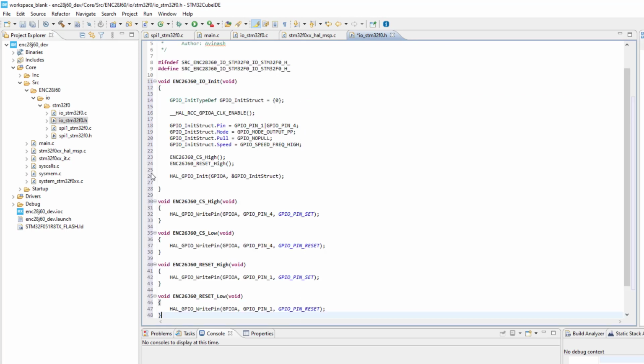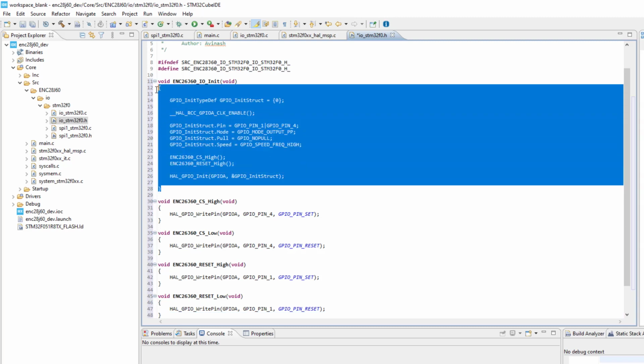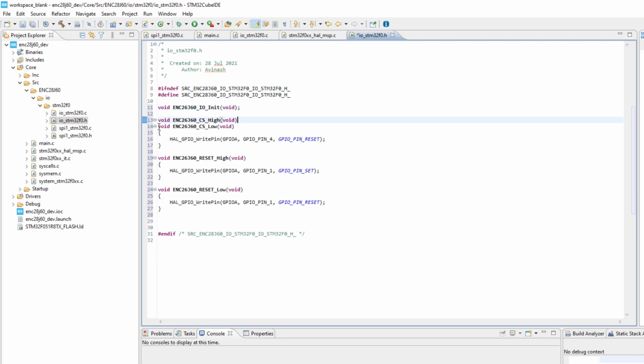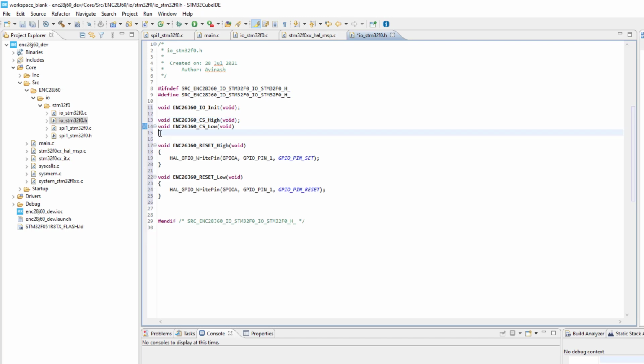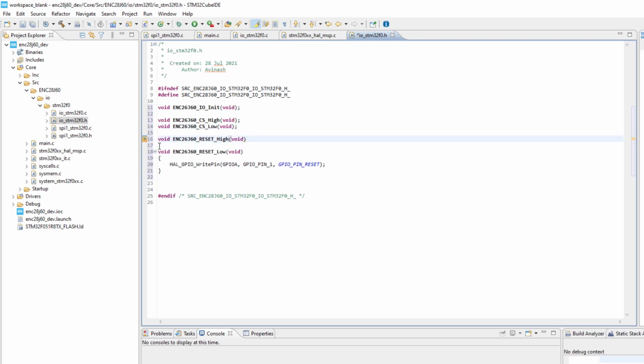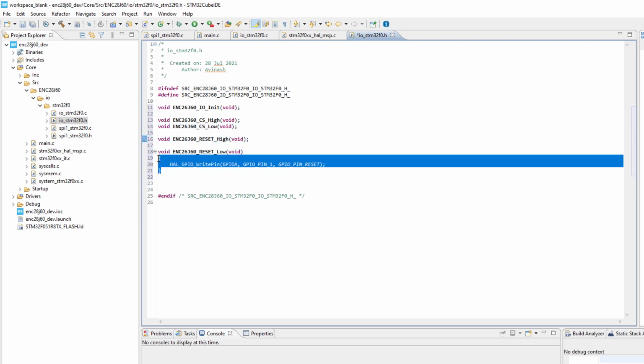Inside that I put this, and just remove the implementation and put this semicolon, so that this becomes the prototype. Like this.